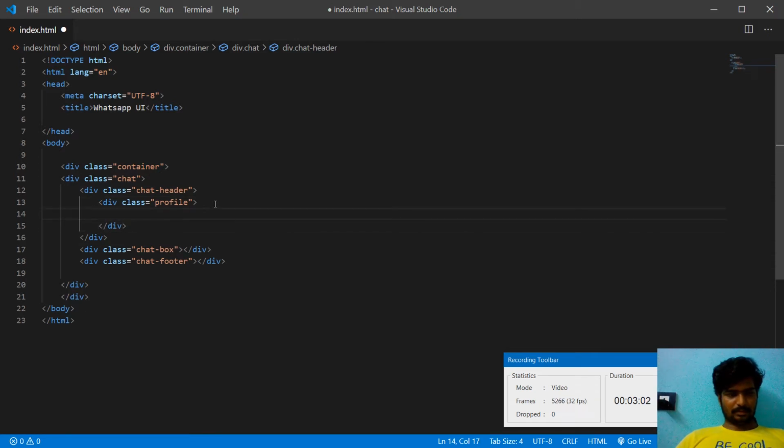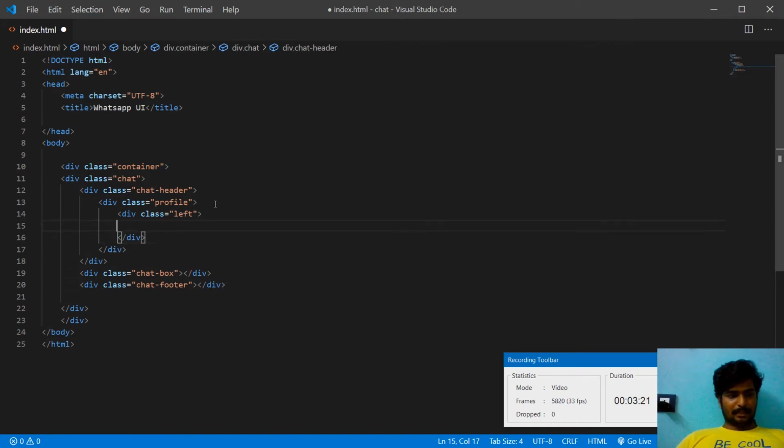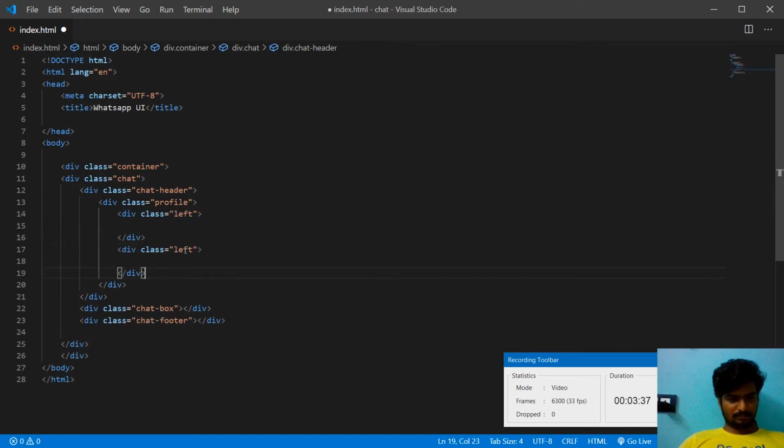Inside the profile, let's have another div like left and right, so it will be easy for us to align the icons like back button and DP on the left side, and calling options, video call options and more options on the right side. So let's have a div for the right side. Now in the left side we will have a back button and also our DP and